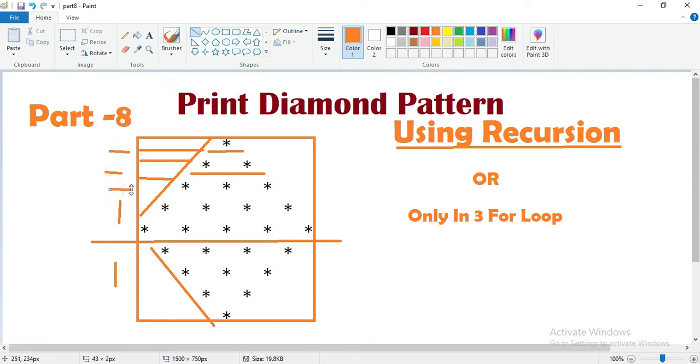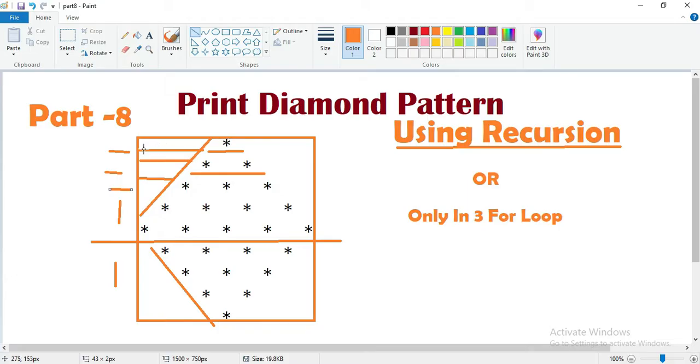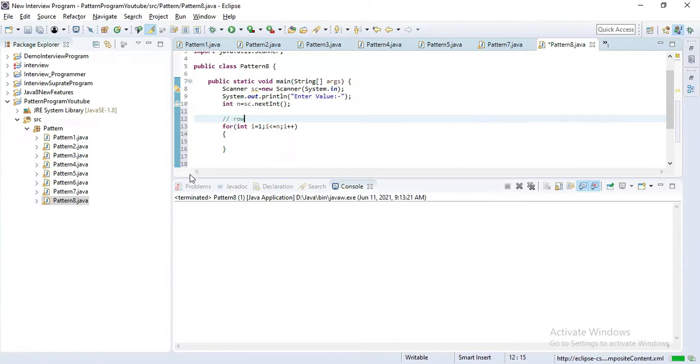Each row first maintains spaces, then prints stars. That means in each row we have to write two for loops. The first for loop maintains the space and the second for loop is responsible for printing the stars. So let's create those for loops.